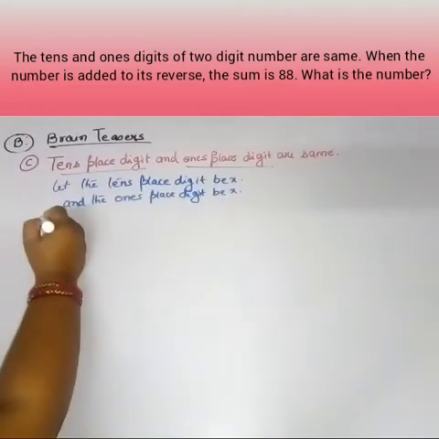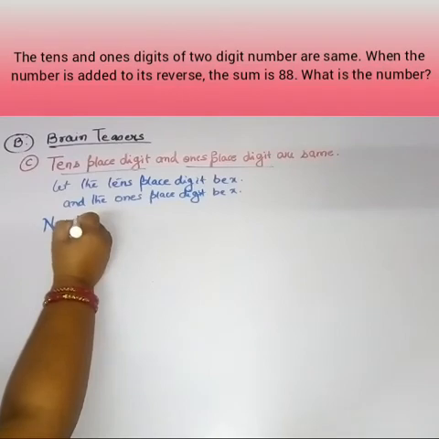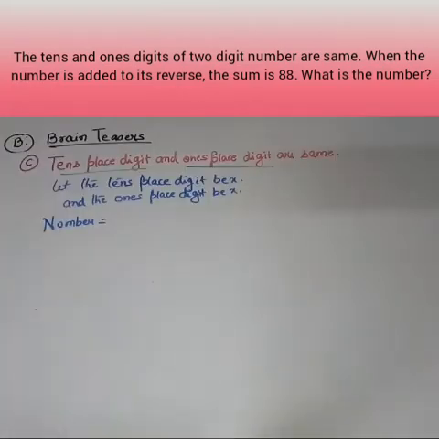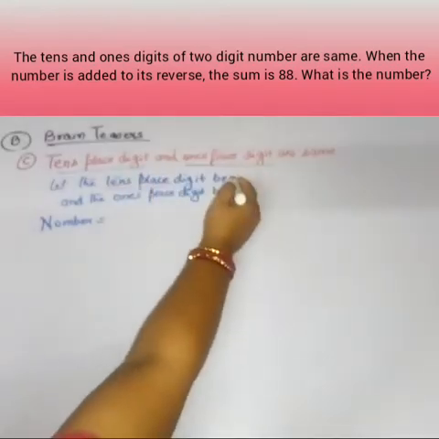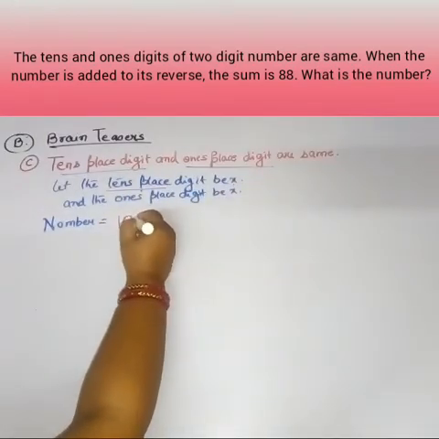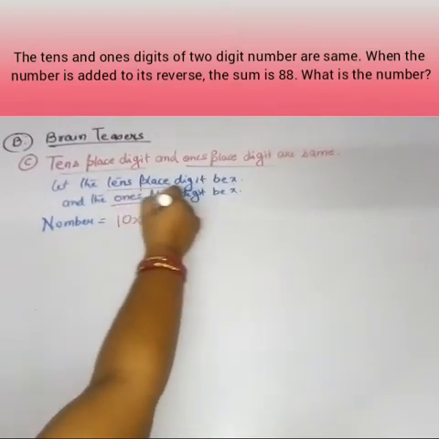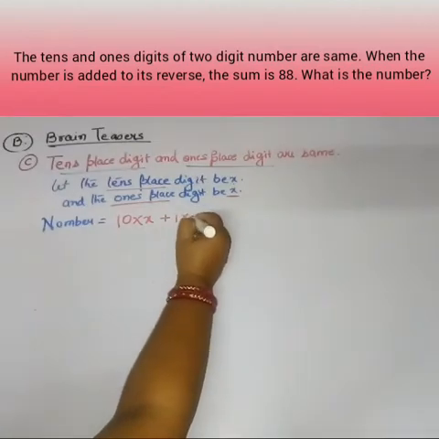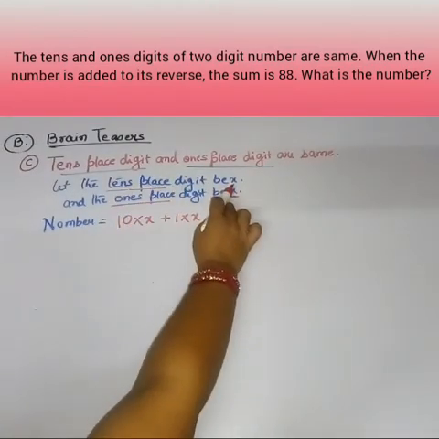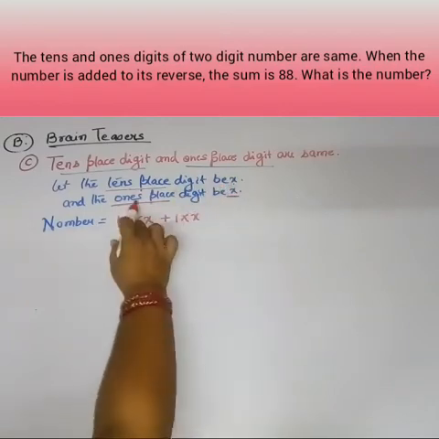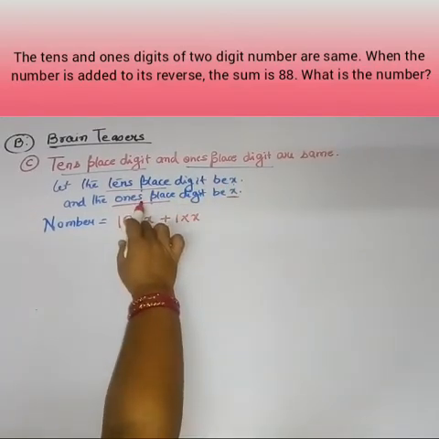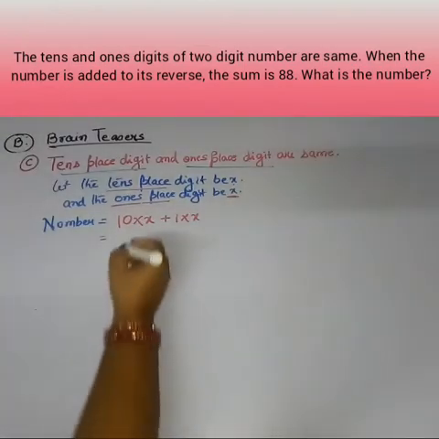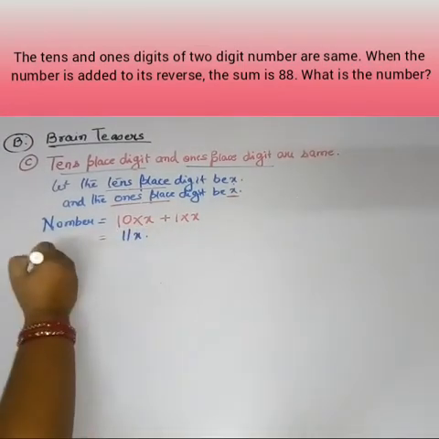We have to find the number. So the number is: with the tens place digit we have to multiply 10, so I will write here 10 into x, plus with the ones place digit we have to multiply 1, so 1 into x. Tens place digit we multiply by 10, that means 10 into x. Ones place digit we multiply by 1, so 1 into x. We will get here 11x, and the reverse number will be,